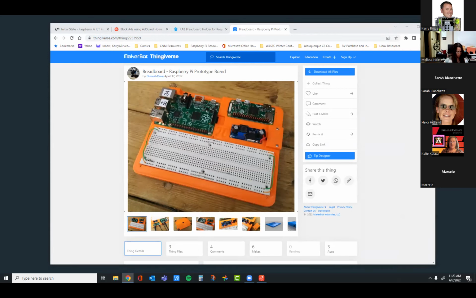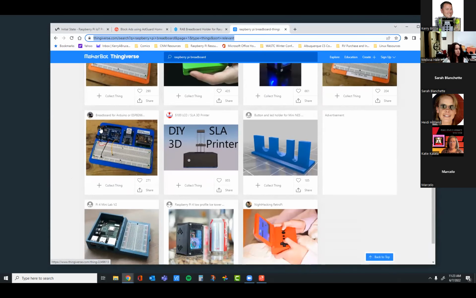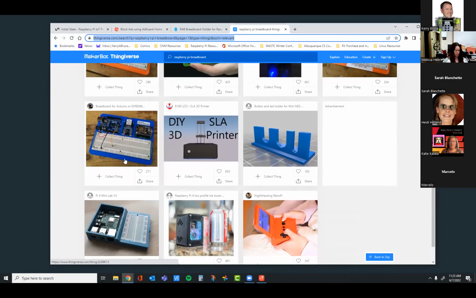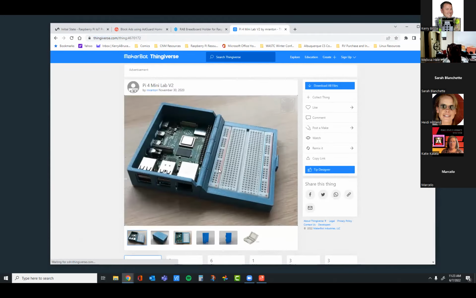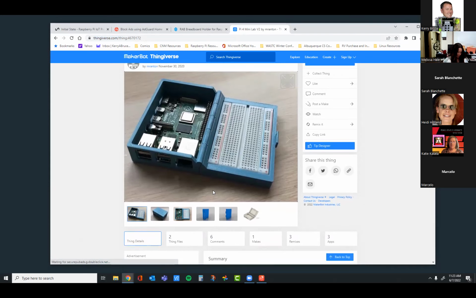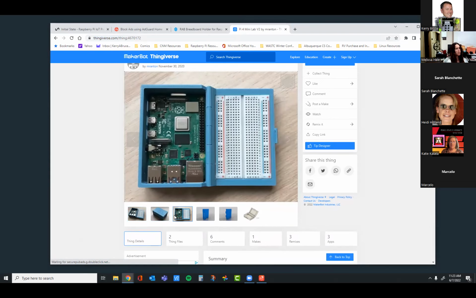But I have an Arduino, or one that looks like this, but it has a Raspberry Pi and then an Arduino and a breadboard, which I think are really great. Something like this one, but it has a Raspberry Pi and Arduino. Well, that's kind of a neat one too. Look at that case that you flip open and it has a breadboard on it. That is funny. That's pretty cool. Looks like that when it's closed, that when it's open.